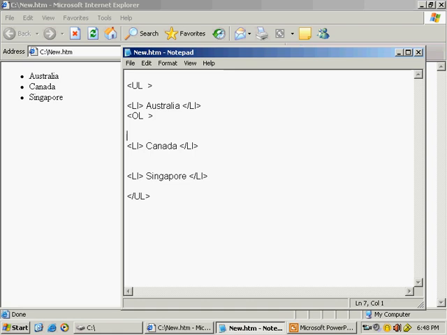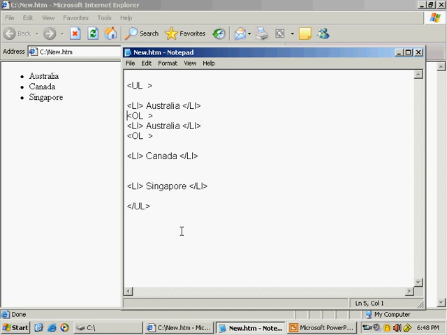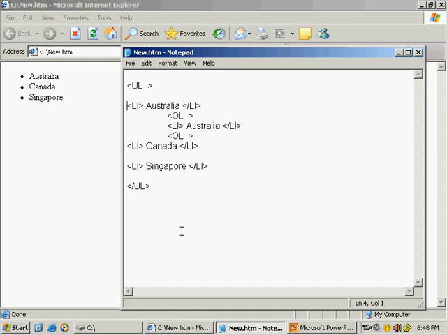Now copy completely and paste it here, and copy this line also and put it inside it. You can give a tab for better reading. So now you can see UL starts and it ends here with first one, second one, and third one, and we are giving one more here with OL, that is numbered list. So instead of Australia, you can give a better text, like let's give a city like Sydney,